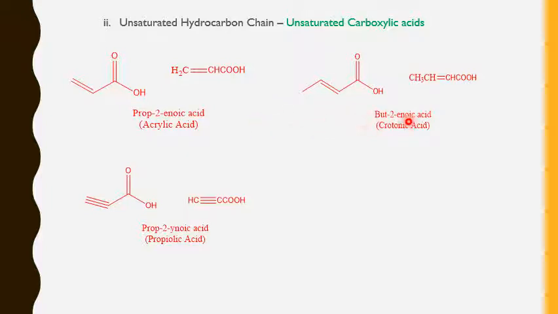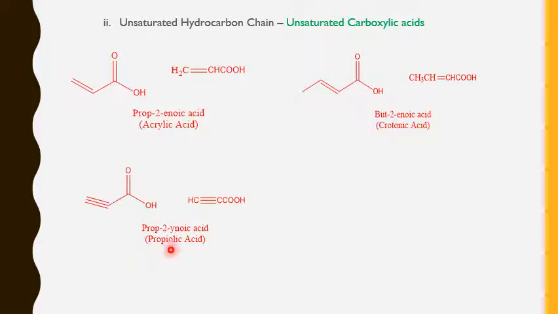And then we will go to the next example, where we have an extension of this. For simplicity, I have taken an extension. So the hydrocarbon chain is CH3CH double bond CH. This is the hydrocarbon chain; we should not consider the COOH. If you look at this hydrocarbon chain, it also contains one pi bond, which is a double bond. Therefore, it is also an example of an unsaturated carboxylic acid. The name is crotonic acid, and the IUPAC name is but-2-enoic acid.